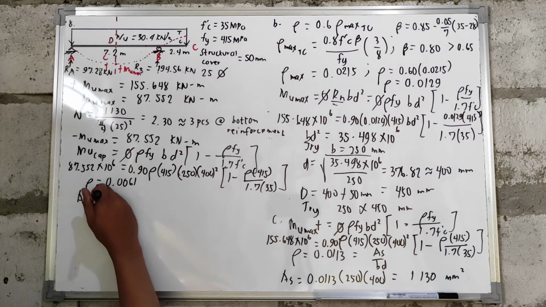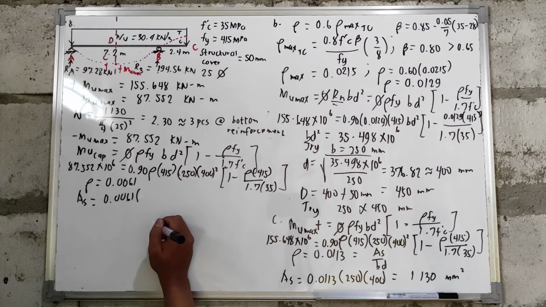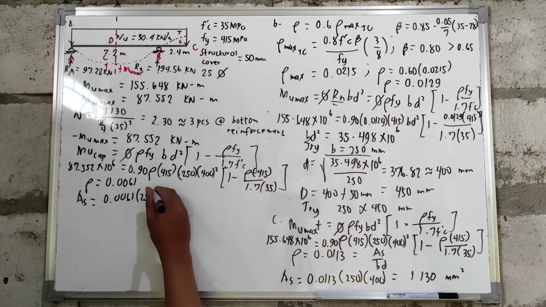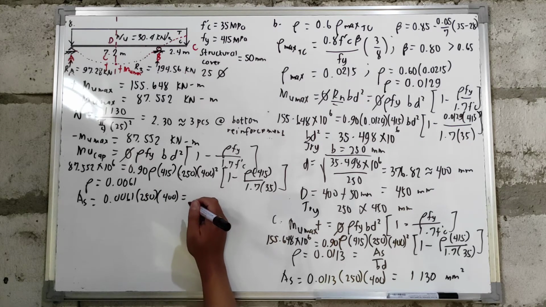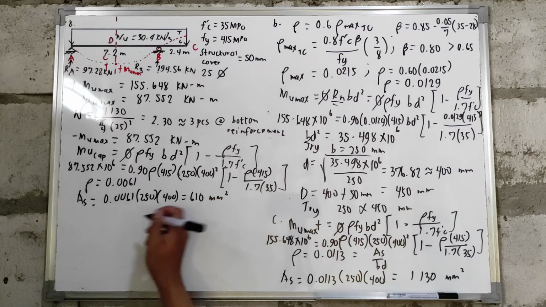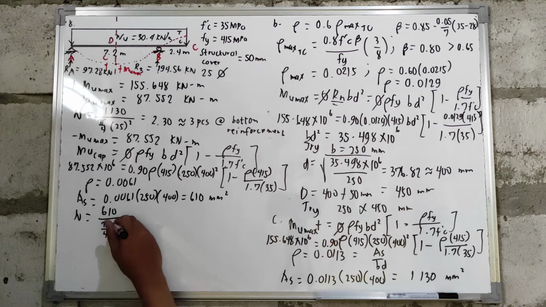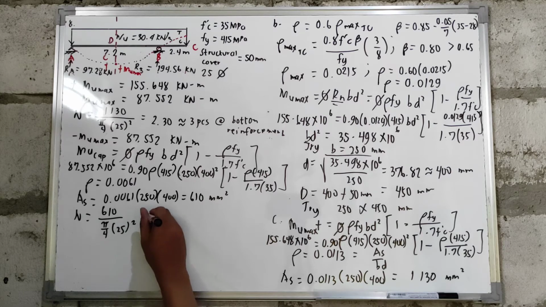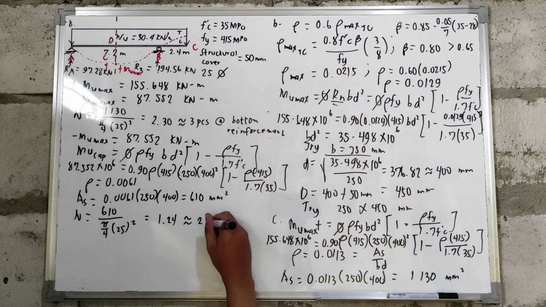And para makuha natin yung total reinforcement, yung rho natin, i-multiply natin siya sa BD. So yung B natin, that is 250 mm. Yung D natin, that is 400 mm. So you will have a total reinforcement of 610 mm squared. So para makuha natin yung number of pieces, 610 mm squared, divide natin siya sa area ng isang bakal. So you will have a total number of reinforcement of 1.24, which is equal to 2 pieces